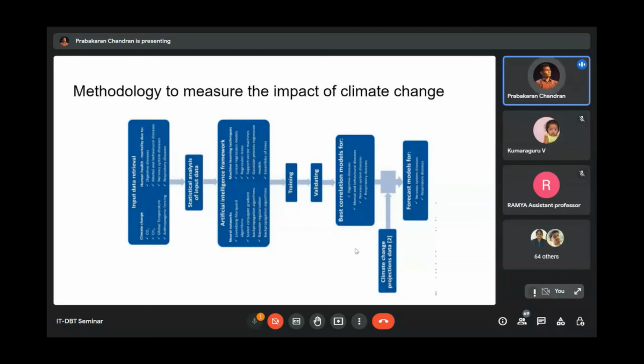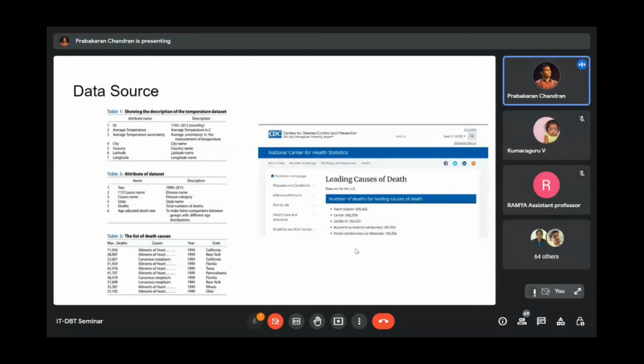So for an example, the data sources will look like this: a temperature related data set, which will have average temperature, carbon emission related data from the government agencies itself, that is open source only, and a few other data sets related to mortality and public health. How many cases are registered? How many deaths happened? What is the severity? Those kinds of things can be collected from the